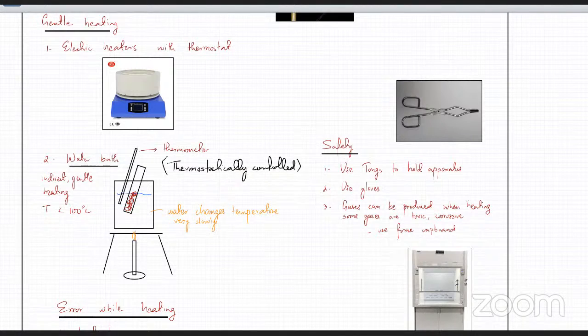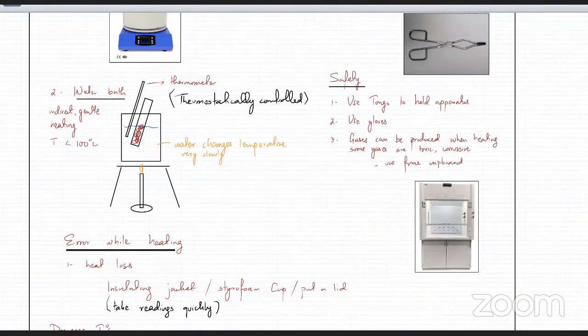So I guess the better way is a water bath. You could place the gas syringe inside the water bath. The water temperature could be varied from 0 to 100. And the good thing about water is that its temperature does not change very quickly. Like if the water has a temperature of 80, then water loses energy very slowly. So it's got a very high specific heat capacity. So it doesn't lose temperature that quickly. So you could maintain that temperature with a water bath. I think for gentle heating, it's always going to be a water bath.